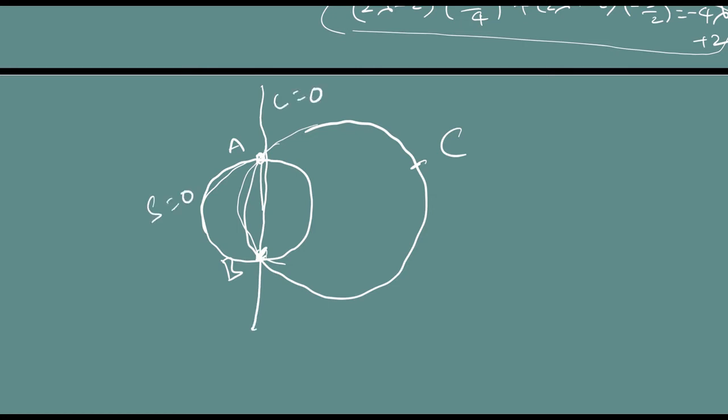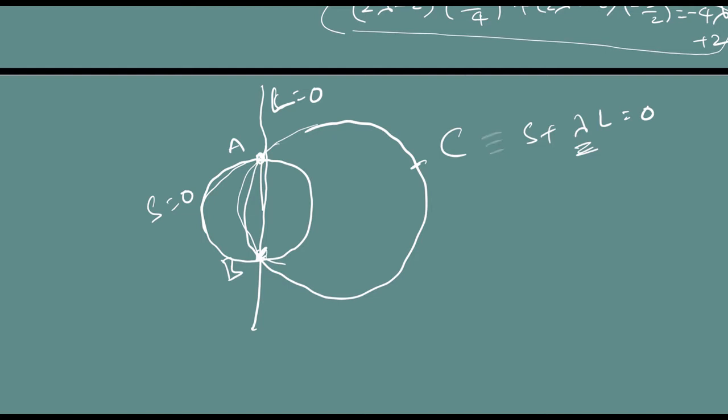Say he gives A, B as 2 points and he gives one more extra condition to decide this circle equation, say passing through a point C. Now what I do is, first I'll find the circle having AB as diameter and I go for the line joining the 2 points. I'll take this circle S equal to 0, this line L equal to 0. Then I say this circle C is of the form S plus lambda L equal to 0. All that I need to do is find the value of lambda.